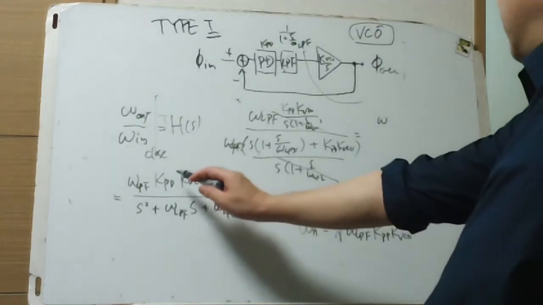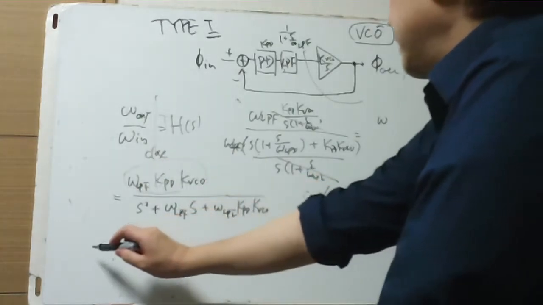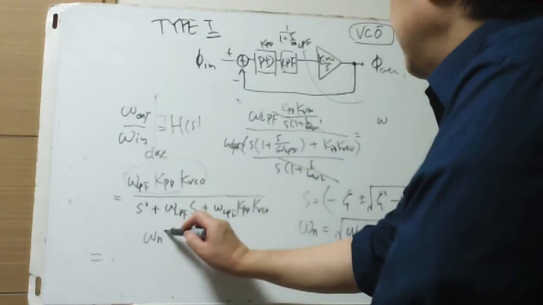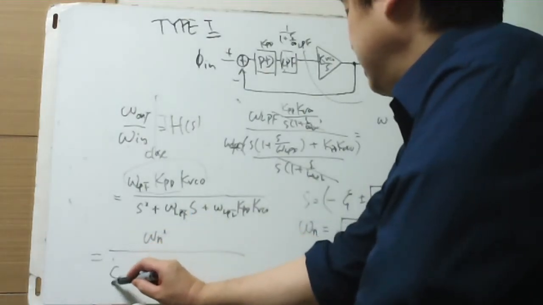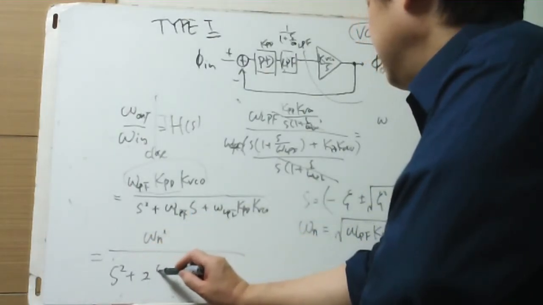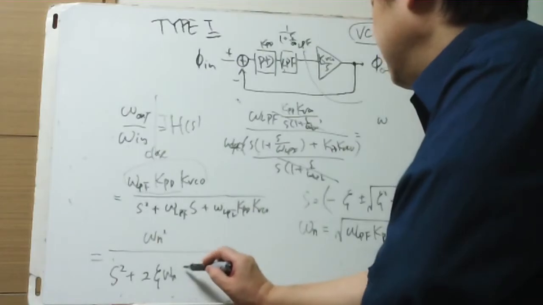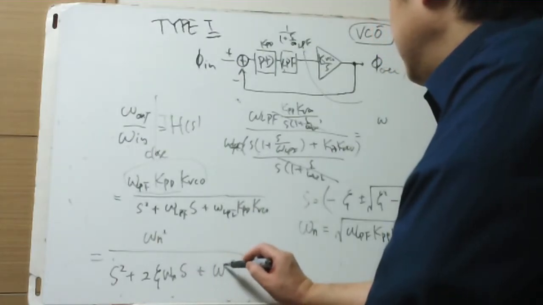This is omega n squared, and this is s squared plus 2 zeta omega n s plus omega n squared,